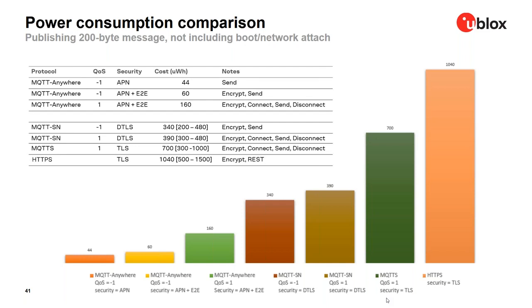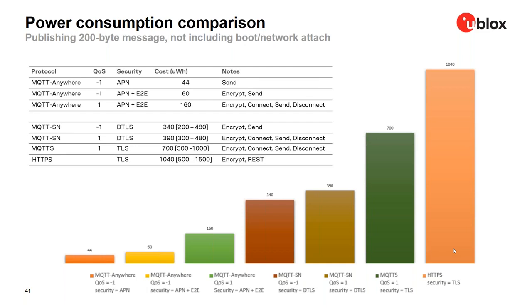the pink or orange one, which is HTTPS. So here we are using TLS, and we are dealing with a protocol which is designed for web technology, not for IoT. It has a lot of overheads that we don't really need to deal with. On the other hand, the whole mechanism is different. In MQTT, we have the publish and subscribe mechanism. Here it's RESTful. You request something to get it.